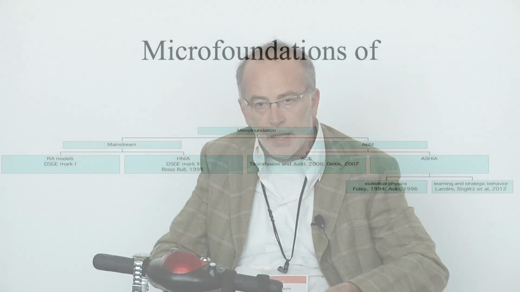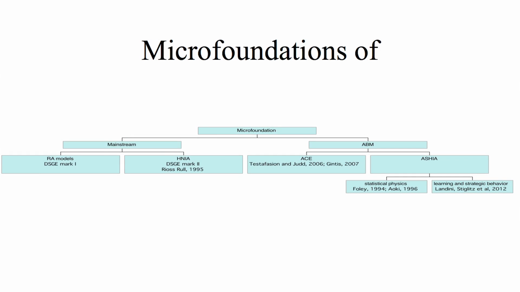And the other approach is the agent-based approach, according to me. This can be divided into two strands. On one side, there is agent computational economics, and you can find a lot of literature on it. We have Gintis here, but also Domenico Gallegati and Doen, and a lot of people